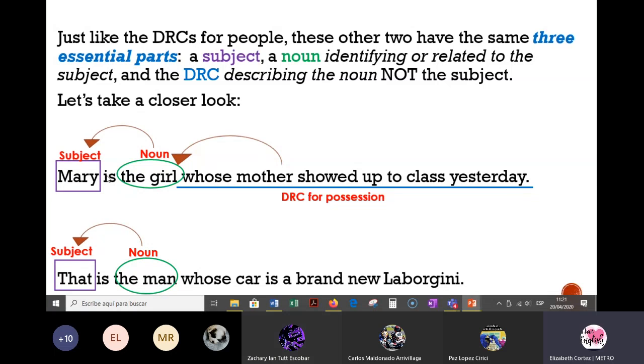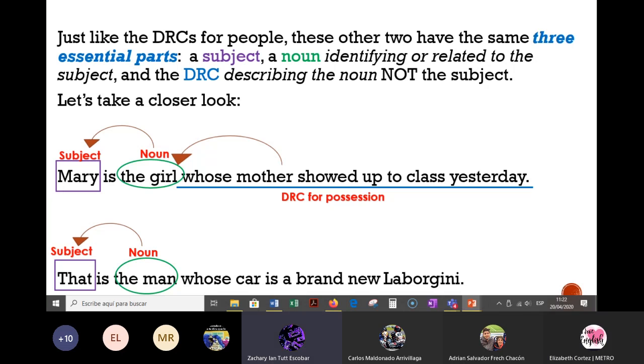And remember, guys, the verb to be. We always need the verb to be. It's very important. Well, not necessarily the verb to be. You can have any other verb, but you need a verb there. All right, Zachary, which one is the DRC here? The subject is always first. If it's a question, we have the subject after the verb. Is Mary the girl? But the subject always precedes the noun. Okay. Thank you. Now, Zachary, which one is the DRC in this sentence?